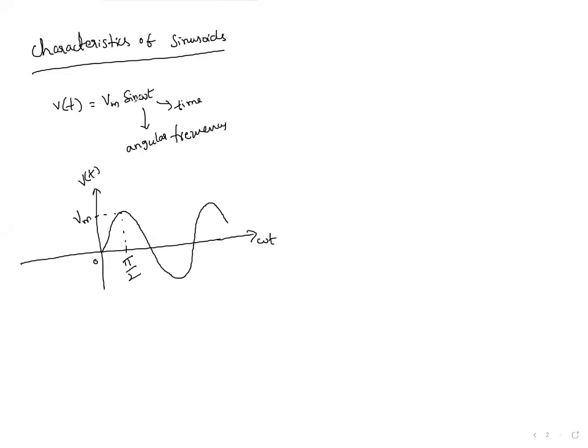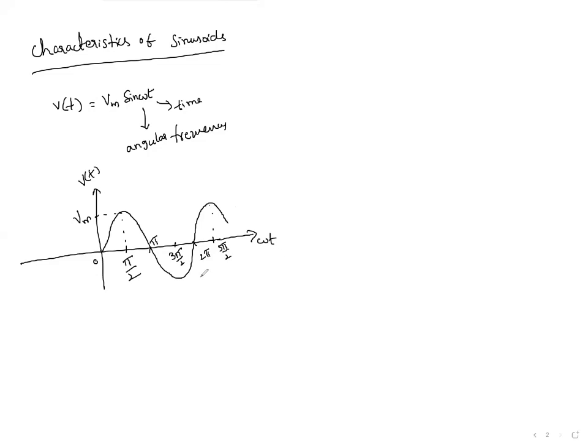Okay, and again when omega t is equal to pi, this value will become 0. And at 3 pi by 2, it is the maximum but negative. Right? And at 2 pi, it is 0. And again at 2 pi plus pi by 2, how much? 5 pi by 2. At 5 pi by 2, it is again the maximum value. So the same thing will repeat.